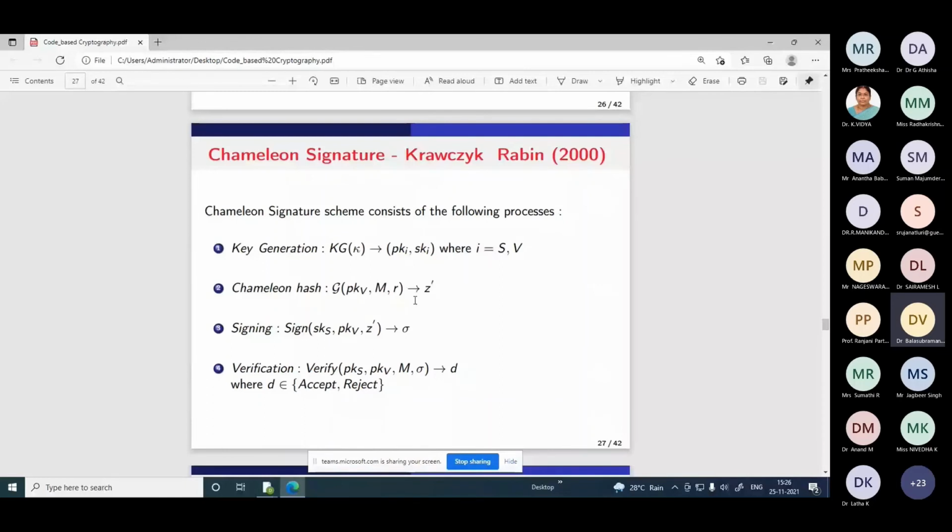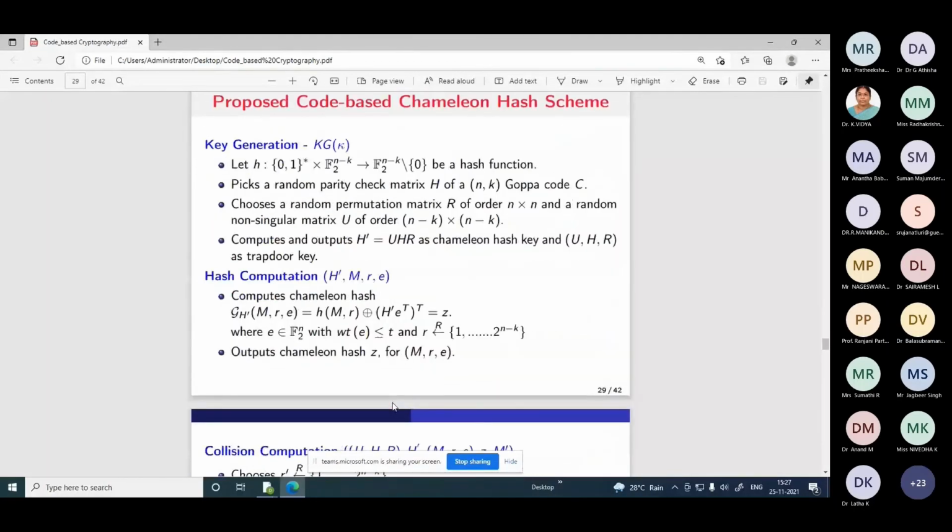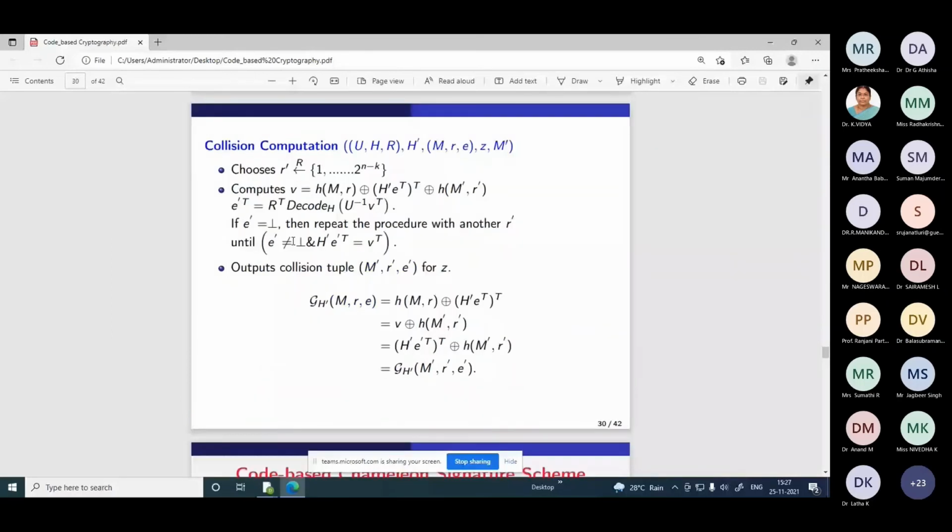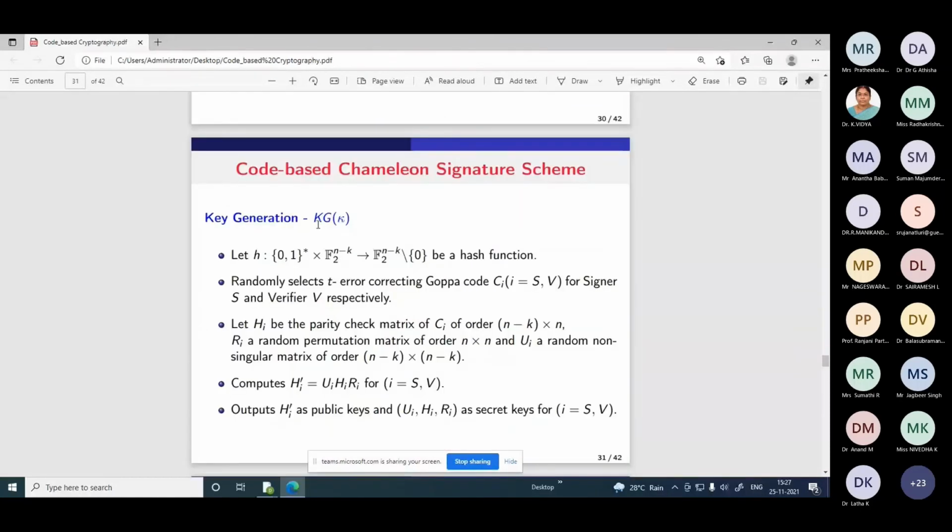So how we can do this means we are including the receiver's private key here. Once we have included the private key in that process, even when the receiver shows that signed document to another person, the receiver using his secret key can compute it. That third party will think that the receiver has computed this Z prime. So we have found that hash computation, and we have shown how the receiver computes the collision on this computation, right?